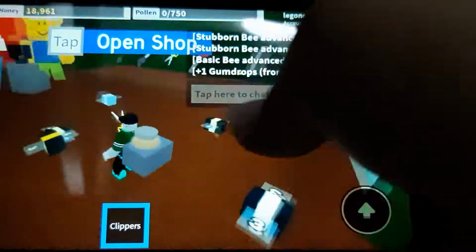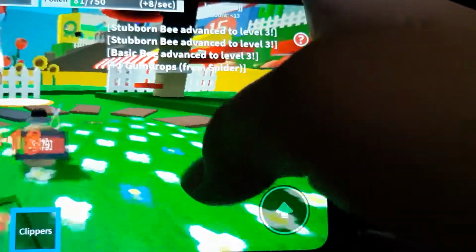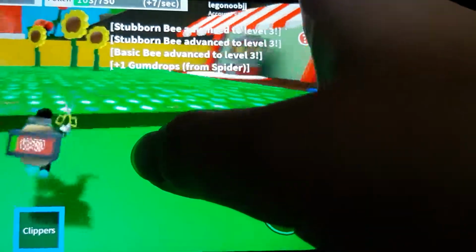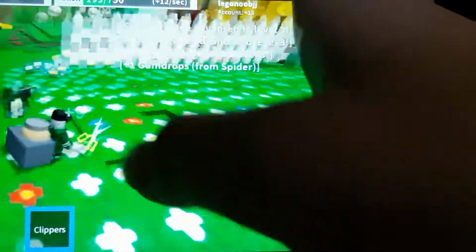And now I'm just gonna go to a sunflower field and try to get some sunflower seeds, which I actually do not have any of. I only have 1 blueberry and 5 treats. And I can get blueberries from the blue flower field. So that's where I'm gonna go in the next video. For now, I'm just trying to get at least one of the